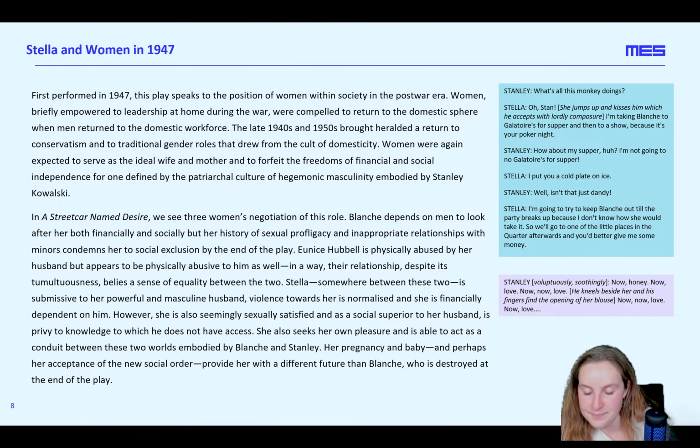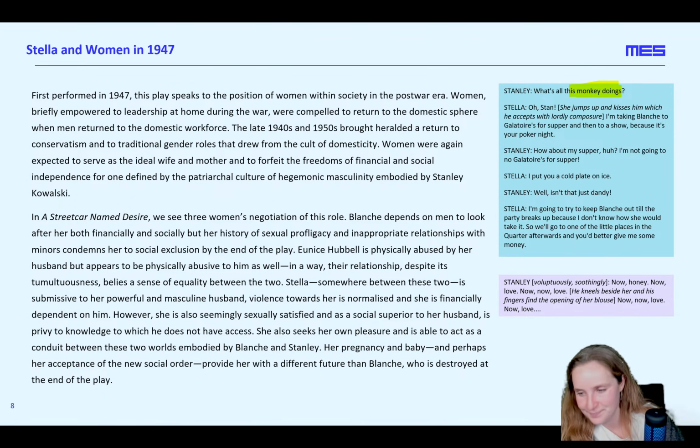So here then we have the importance of Stella if we're thinking with a feminist lens, which I think is important if we're looking at the significance of Stella here, not just in a class way, but also in terms of gender. So, for example, in the quotation in blue, let's take a look at how these ideas appear. Well, Stanley says, "What's all this monkey doings?" Immediately, this idea of kind of belittling animalistic language to belittle her and Blanche's getting dressed and getting ready and their kind of